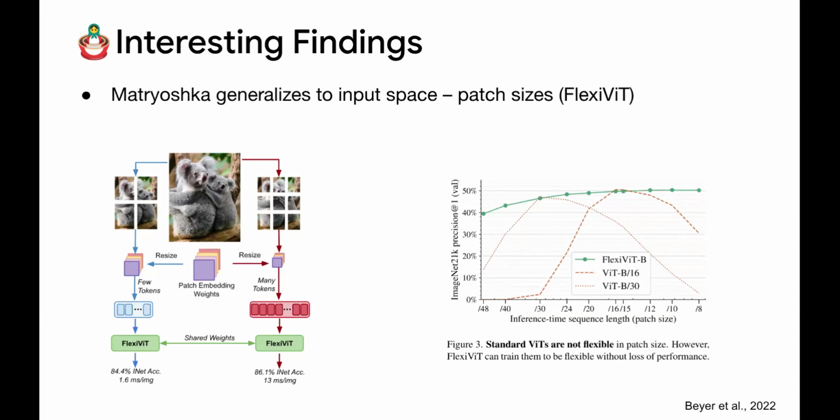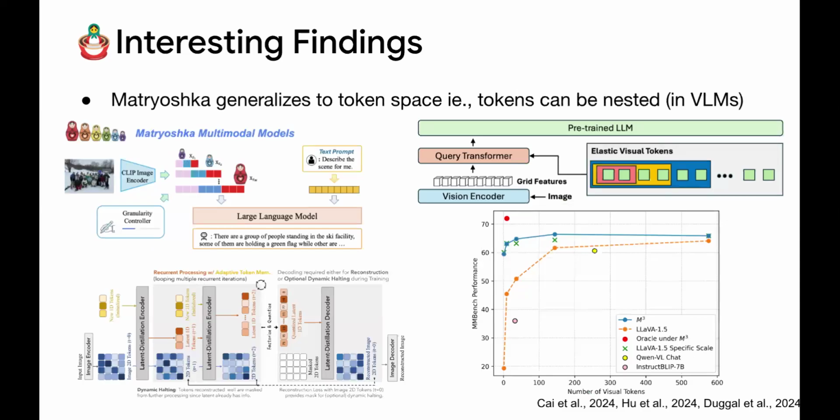Lucas Beyer and co created FlexiViT based on this. And then, of course, a bunch more university folks brought this Matryoshka idea into the token space of VLMs and, in general, any of the models which have potential for variable length tokens. One of them is from UCLA, where Bo worked on this Matryoshka transformer.